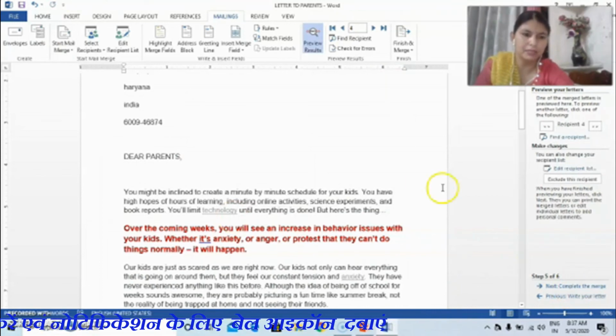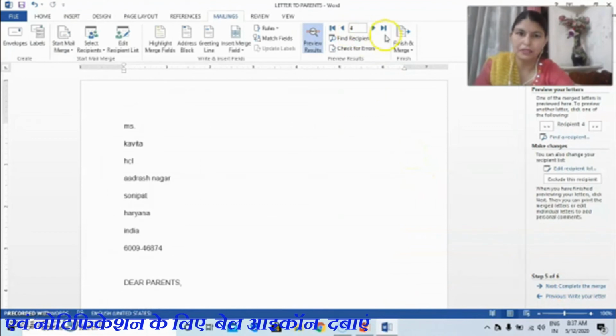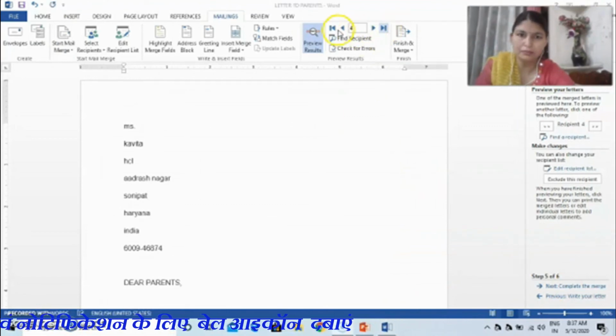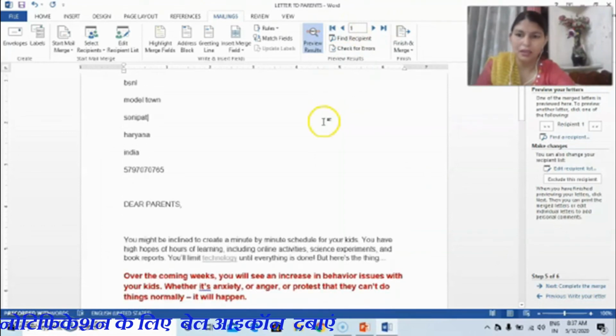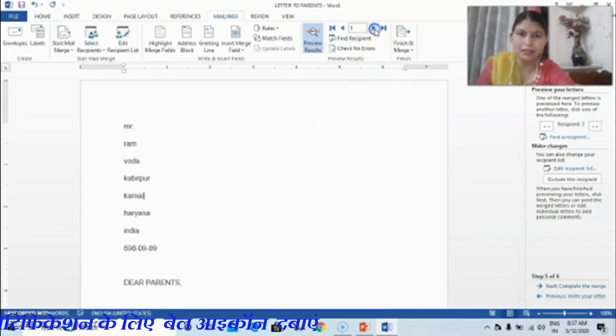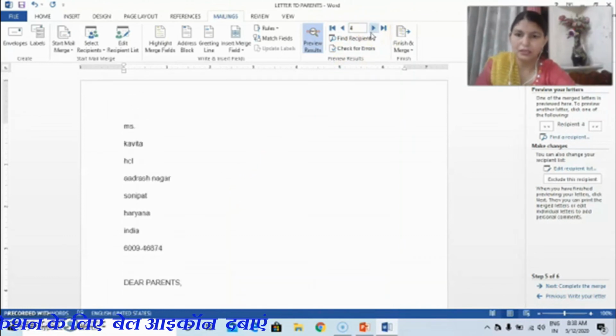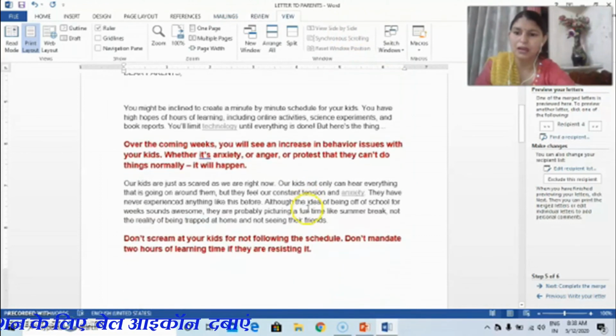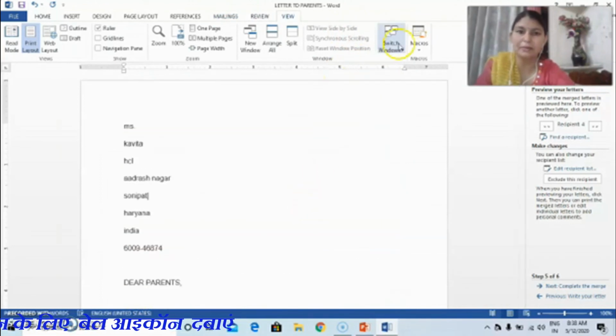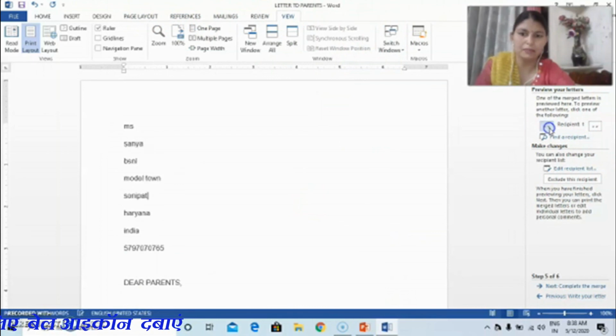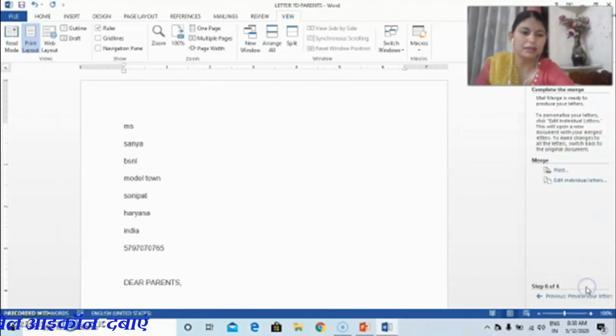Preview the letter means there is Kavita, and if we preview here, it is one Sanya, and the letter is the same for one person, and then Ram Vodafone, the letter is the same but only the address is changed. Here see, four. So what happened is that only the letter is the same, the content is the same, but the recipient names are changing, and the recipient address is different. Then what we have to do is the Complete the merge option.